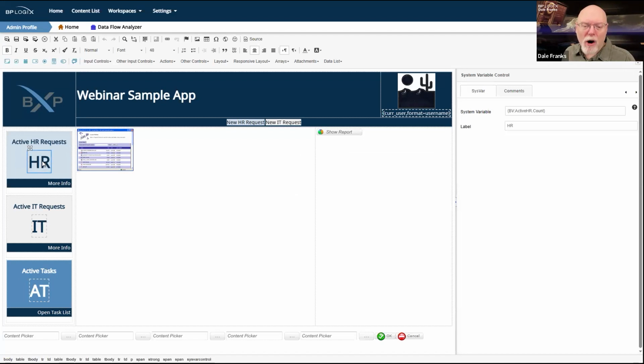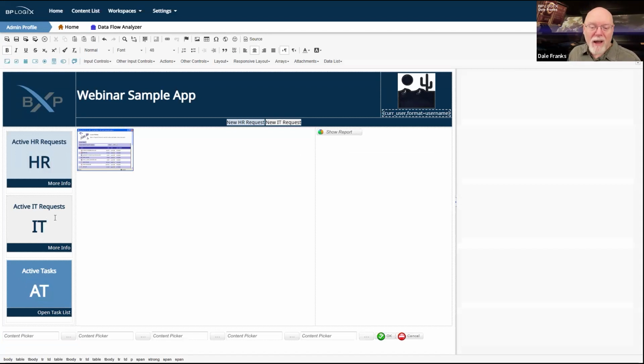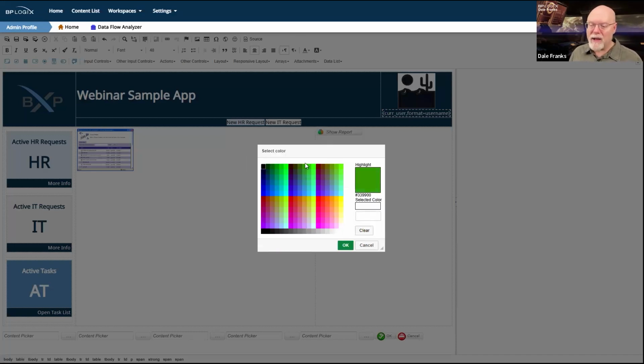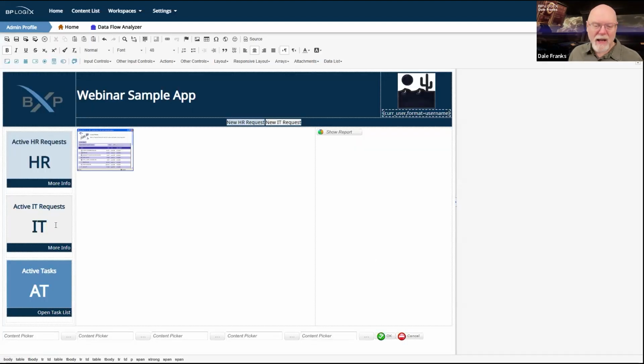So if we look at our HR, which is one of our dynamic elements, again, it's a business value and it uses the active HR business value. And that business value, as we've seen, has a single property count, which returns the number of records. And I've done that for every one of these. By the way, the colors and whatnot, these are just tables, right? So all I have to do is right click on cell and go to cell properties. And there's my background color. It's that light gray. I think it's actually FFFFFF in hexadecimal.